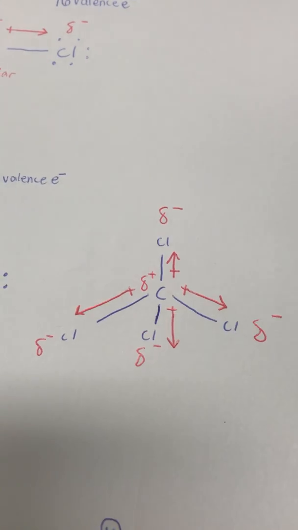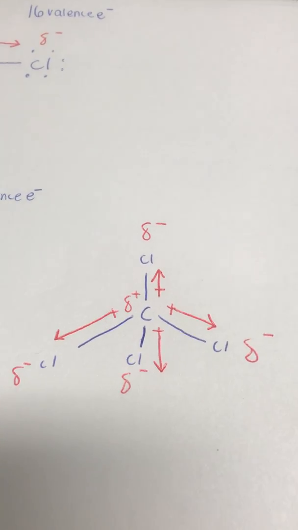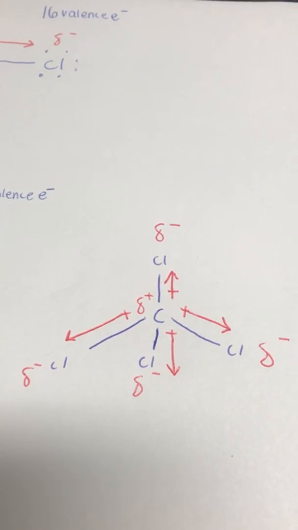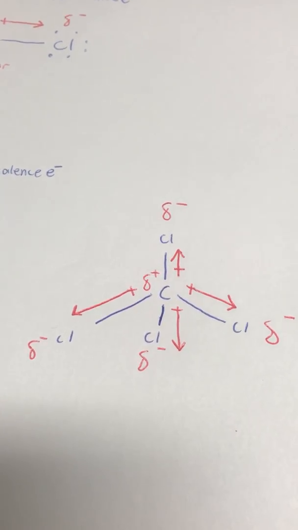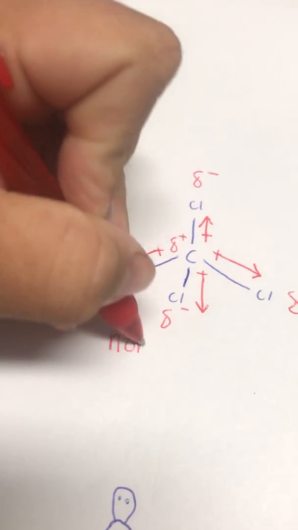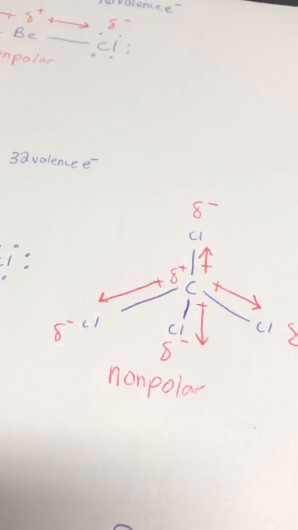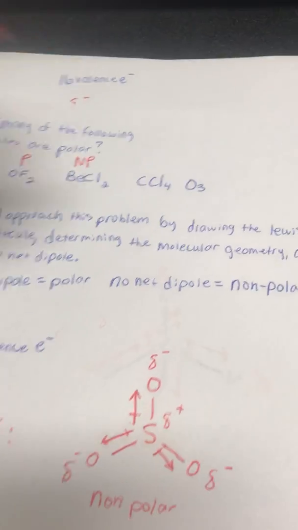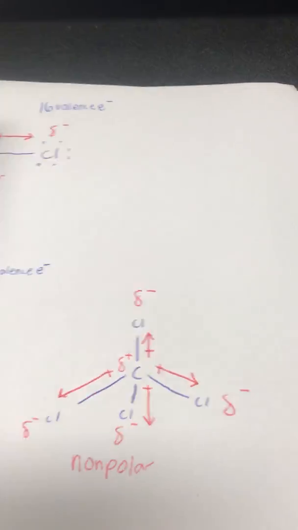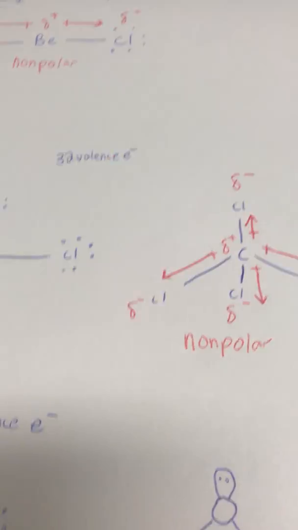And the rule states that if all of the bonding domains are equal and there are no non-bonding pairs, the dipoles will cancel and there will be no net dipole. So we are left with a non-polar molecule. Go back to our problem, put an NP for nonpolar, and we are left with one last molecule, which is